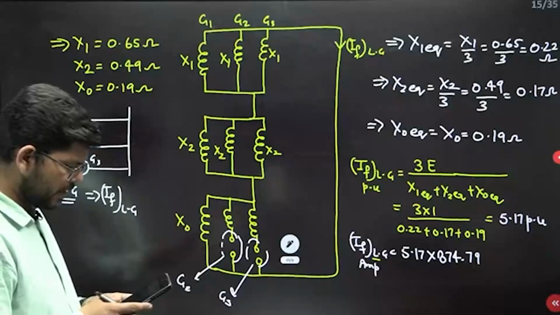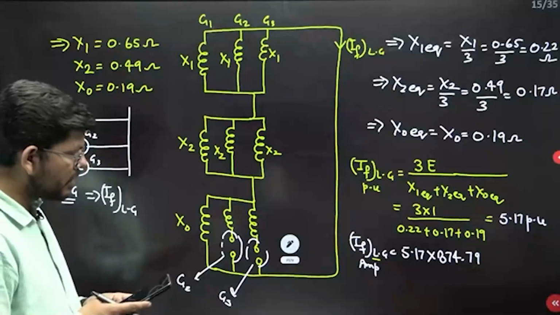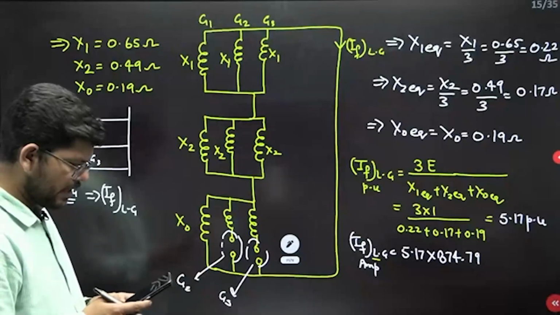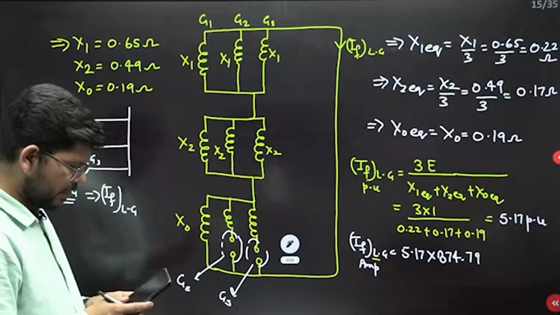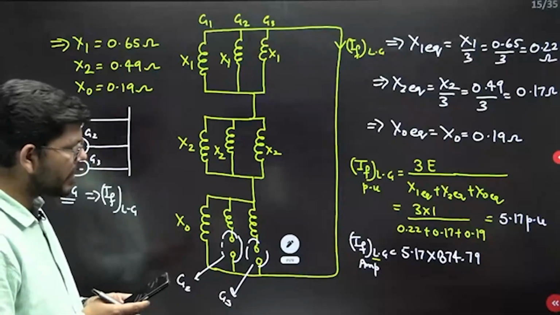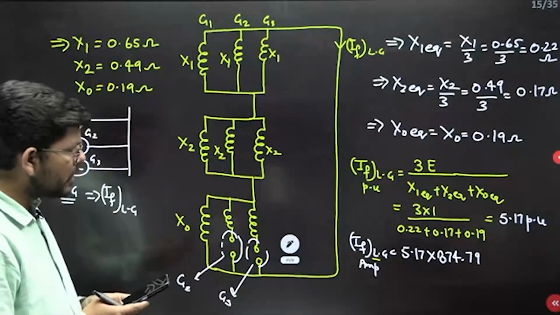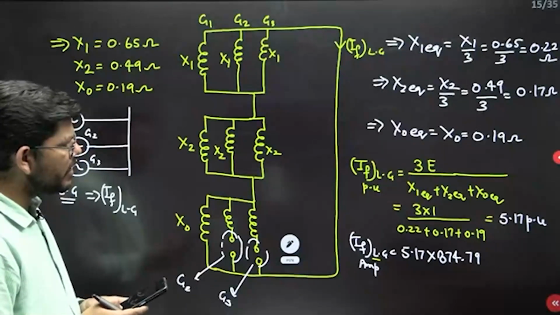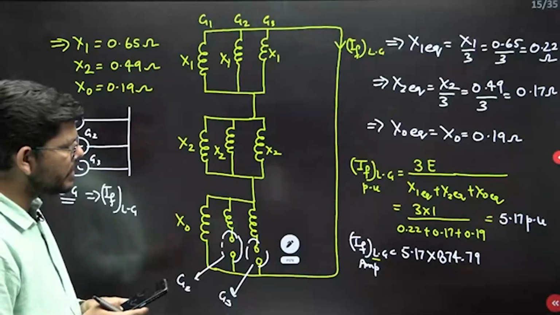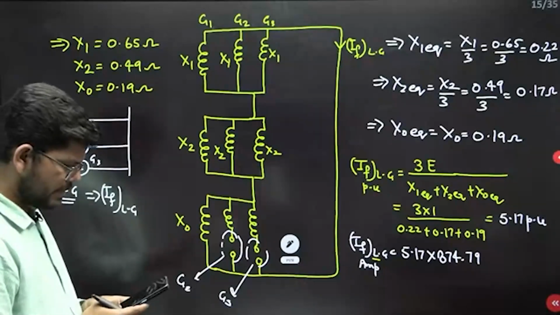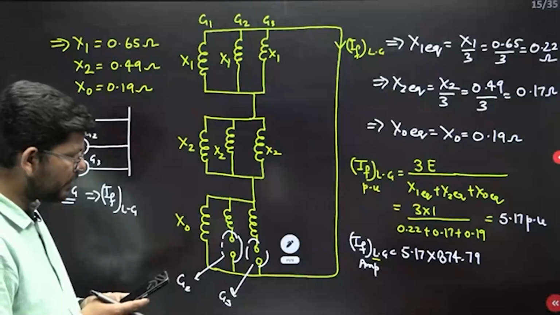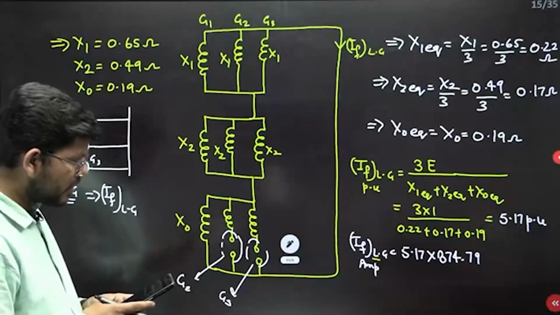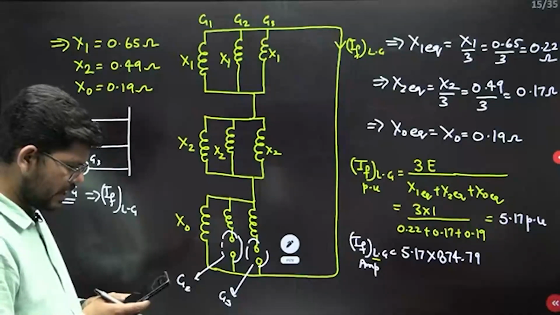0.22 plus 0.17 plus 0.19 is around 0.58. Now 3 divided by 0.58 is 5.17. That is correct. Now when we multiply it with the base current, so 5.17 into 874.79